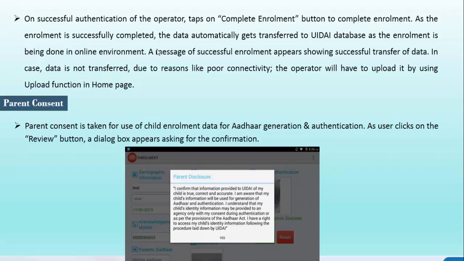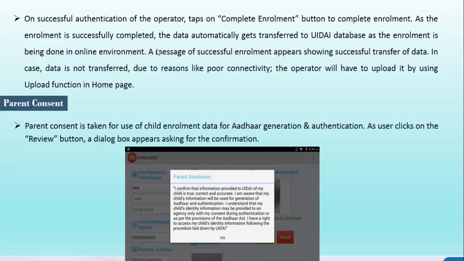Once it is completed, then it will ask you for the parent disclosure. As per the Aadhaar Act, we have to get the parents' disclosure for every enrollment. So here I am just reading it for your reference. I confirm that information provided to UIDAI of my child is true, correct and accurate.